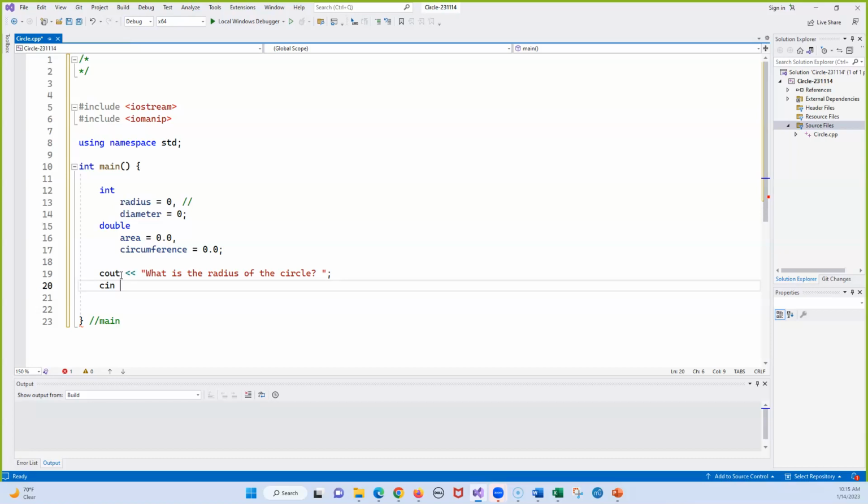So let's go and do cin. Now remember, if you go the wrong way, you're going to get those red squiggly lines. So let's do radius. And notice we have the red squiggly lines, which you're not going to get inside of Replit, but here you will. So now we have cin get the radius. And now we don't really need to get the diameter, because we know that the diameter is 2 times the radius. So let's go and do